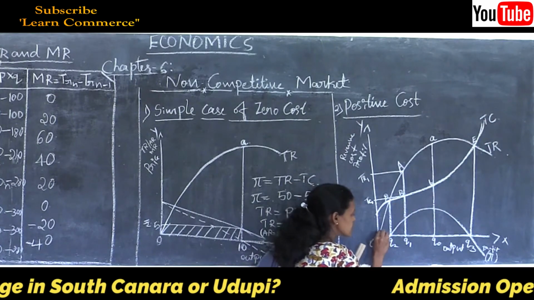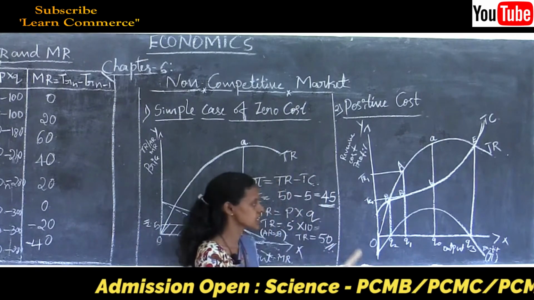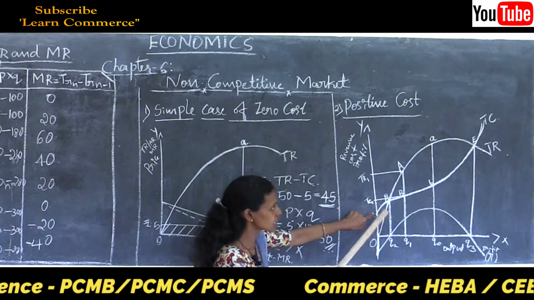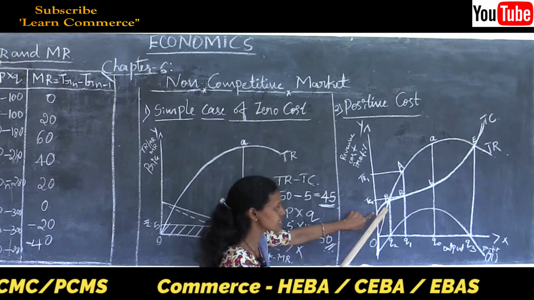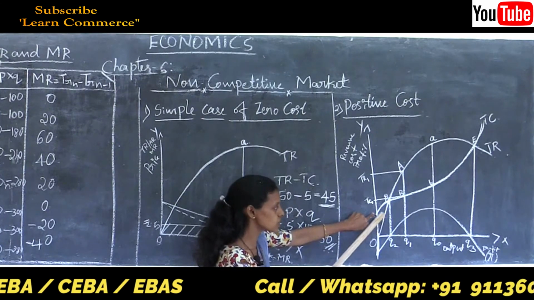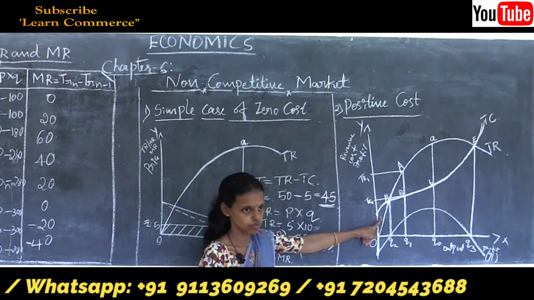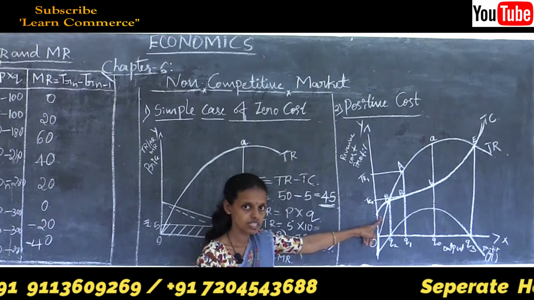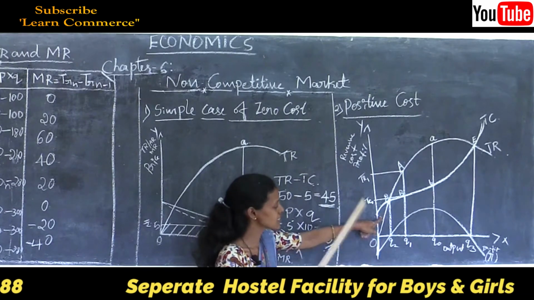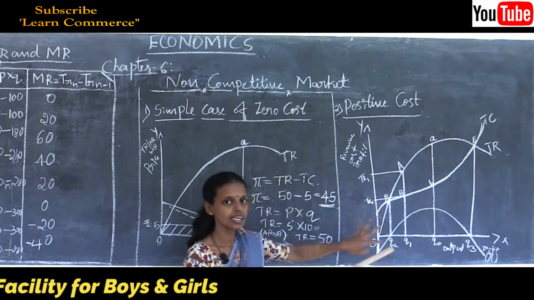Here the total revenue curve lies below the total cost curve in the initial stage. At the OQ2 level of output, the TC curve lies above the TR curve. What does it show? Total cost is more than total revenue. Loss to the firm. In case of negative cost, loss to the firm. Thus, it would be getting maximum profit only when TR is more than TC.